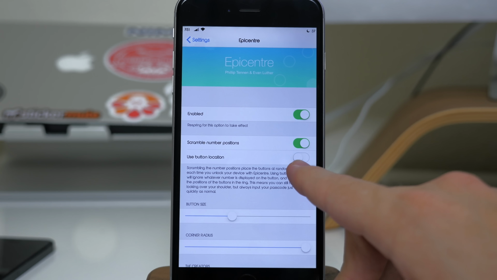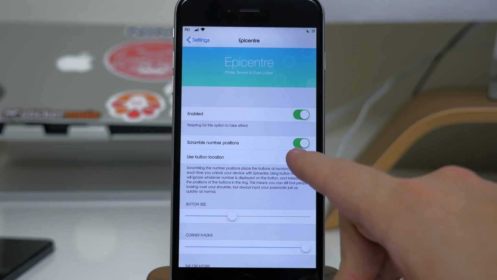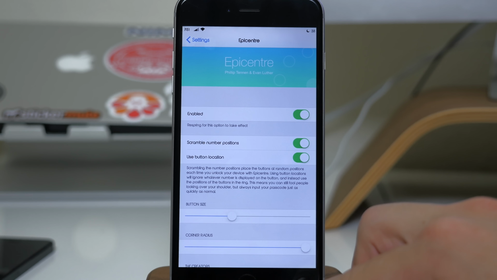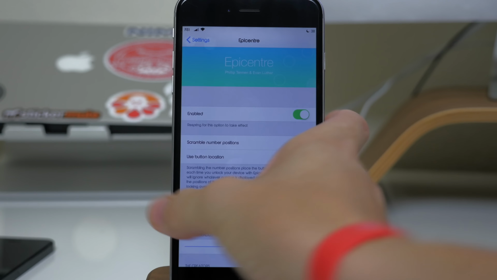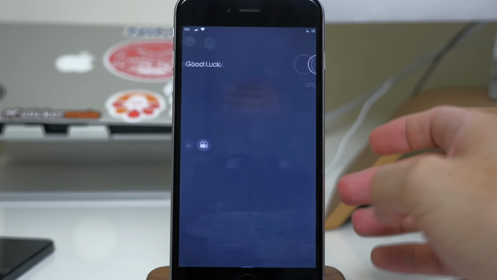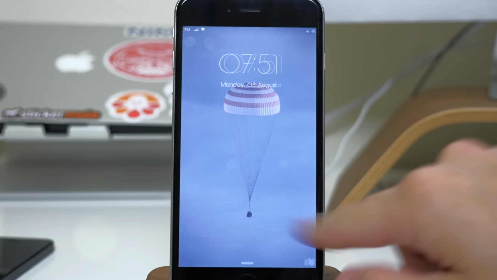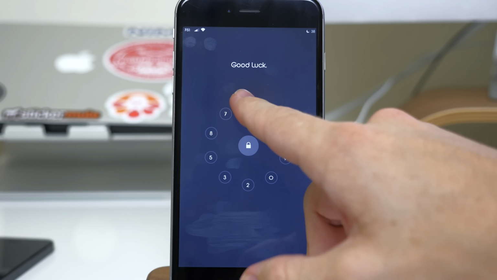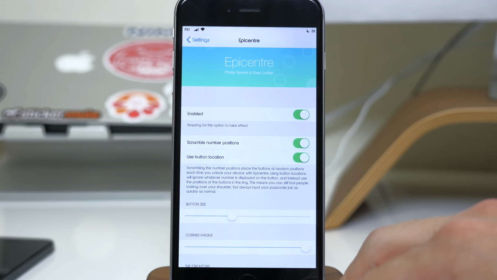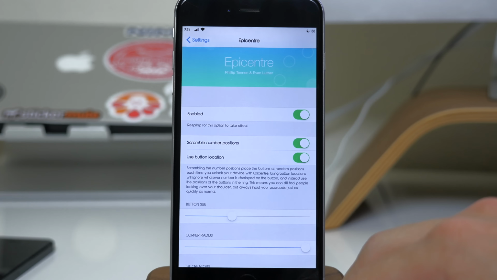And then right here you have use button location. So if you actually toggle this on, then it's not going to matter what number you actually press. The only thing that matters is where that number would actually be. So for instance, if we go to our lock screen right now, you'll see when I swipe over that all the numbers are all scrambled up. But if I tap right here 4 times, then you'll see it's actually going to unlock because that's where the 0 normally is. So just another layer of defense against those